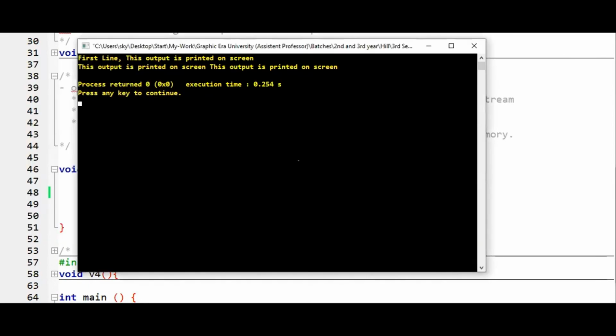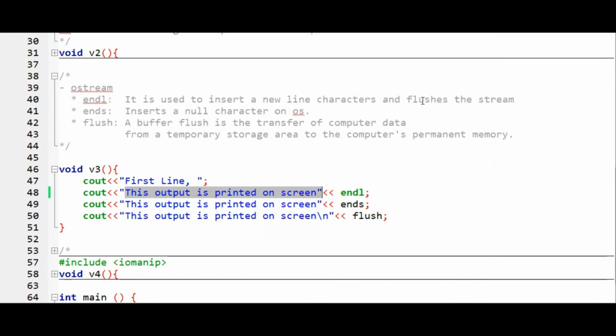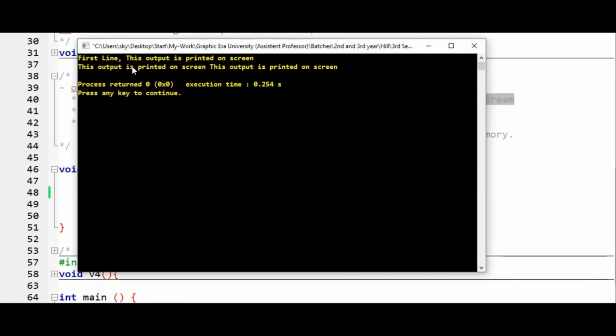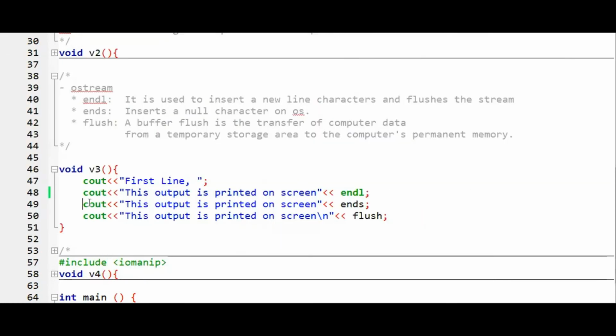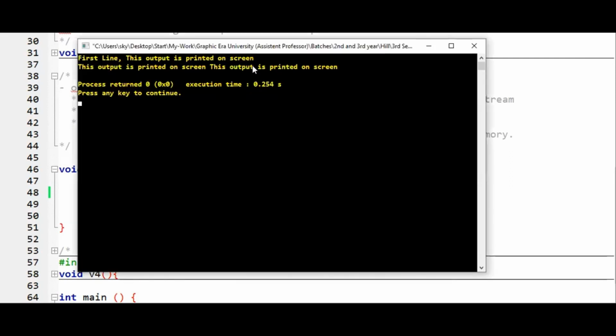And you have used the flush, here you have used the flush as well. So whatever changes you would make over your permanent memory, those changes will take place. But in case of a stream, there is no such need. And then this output is printed on a screen, printed two times. Please pay focus on that, no new line character is being added. So these two lines are coming together in the output, on the screen.